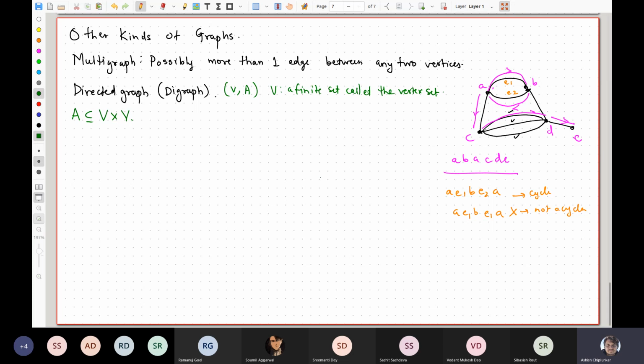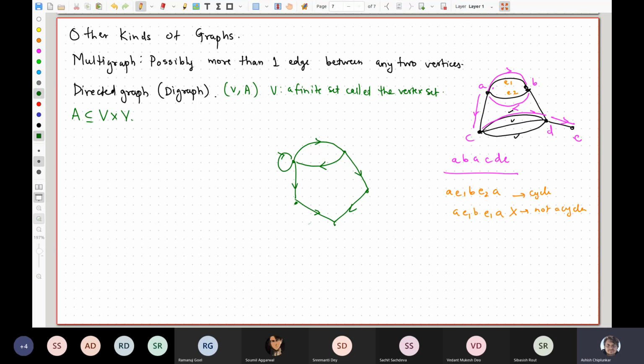Okay, so how will a diagram typically look like? You will have some vertex set, and you will have these kind of edges. You could have edges going back and forth. You could have edges going in only one direction. You could have a self loop kind of an edge, because A is just a subset of V cross V, so A could contain elements of the form little v little v. That is allowed. Okay, so you could have something like this. So this is an example of a directed graph.